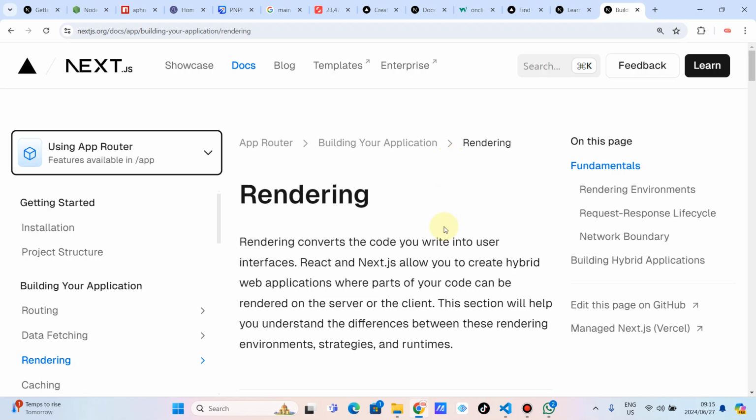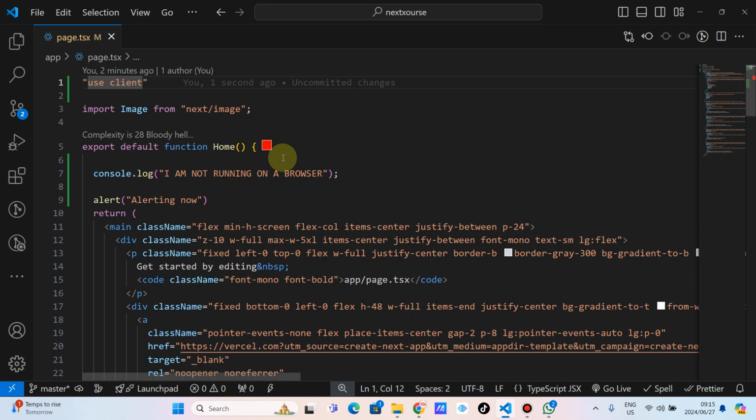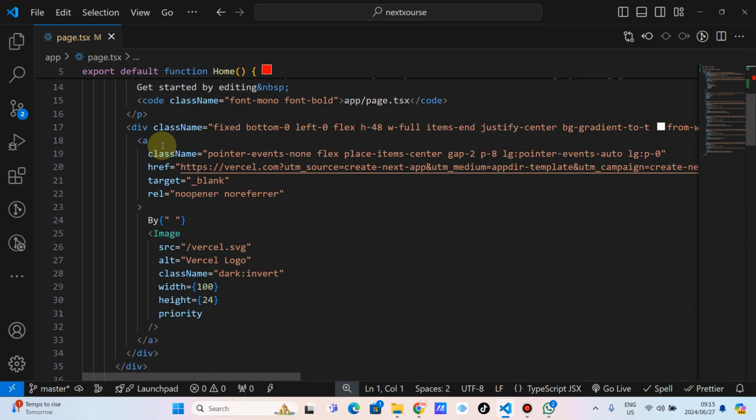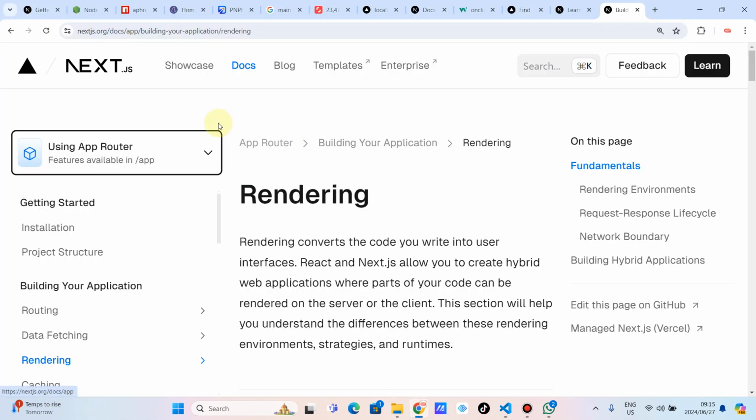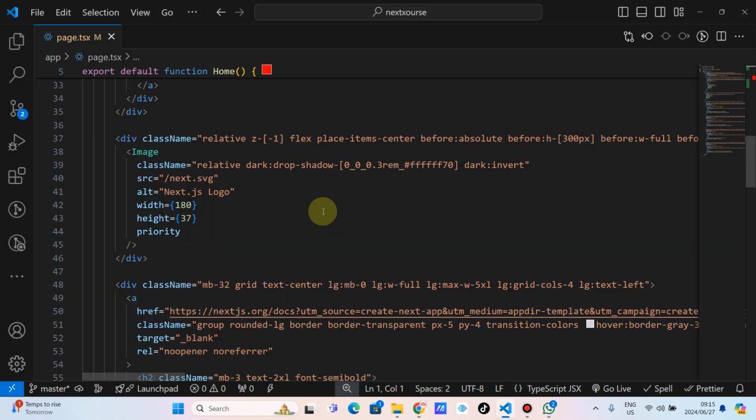So I have shown you how to run the code on a server and why. When it's like this, it runs on a server. It's efficient. It's very quick. When it gets to the browser, the DOM just displays it. Okay, there is no computation. If you want to make heavy load,